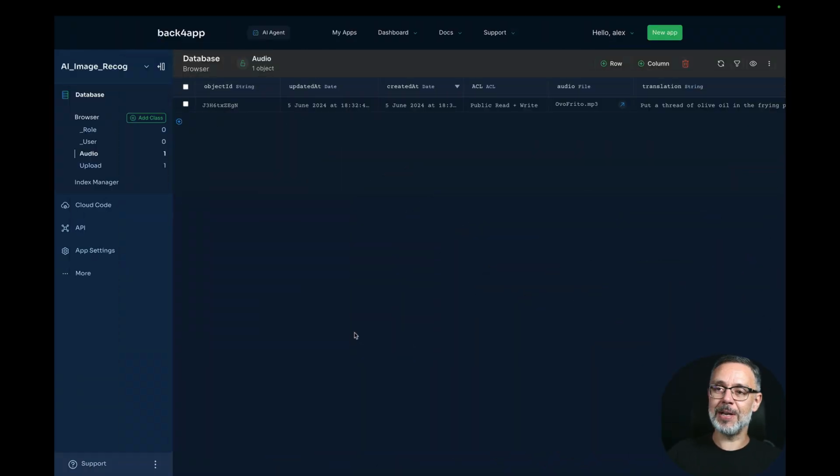Today we're going to continue our Adding AI to Your App series. Today we're going to use ChatGPT to prompt and generate an image that will be saved into our backend as a service. So here I am at my Back4App dashboard where we have the app that we created